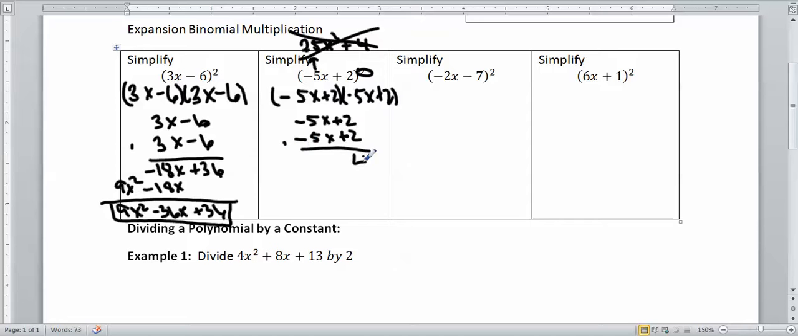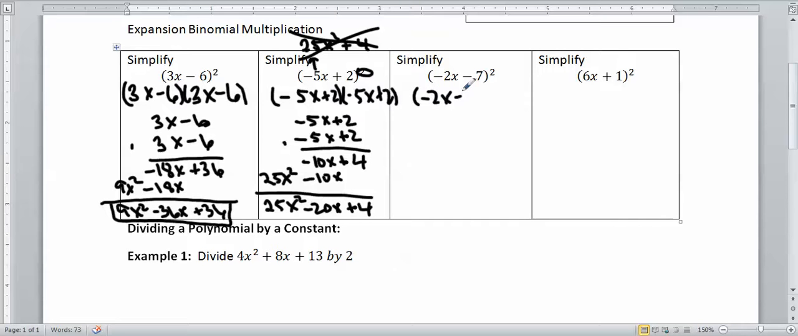2 times 2 is 4. 2 times negative 5 is negative 10x. Negative 5 times 2 is negative 10x. Negative 5 times negative 5x is 25x squared. Okay, then add the two together. We get 25x squared minus 20x plus 4. Perfect. All right, so for this other one, you should have gotten negative 2x minus 7 times negative 2x